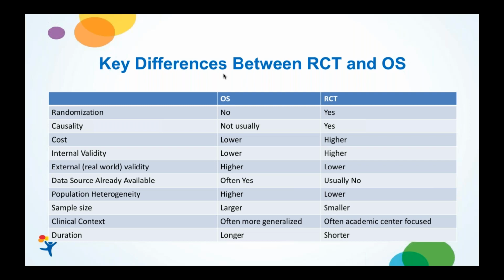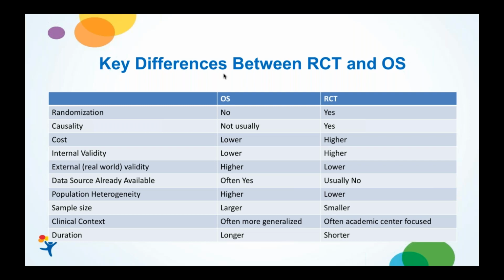Generally, observational studies are a lot lower in cost, often because the data is already being collected for some other reason, and so your role is just to find the data and then analyze it. Whereas with an RCT, where you want a highly controlled environment, that costs money to make sure all of the checks and balances are in place and you're adhering to the strict rigor of the